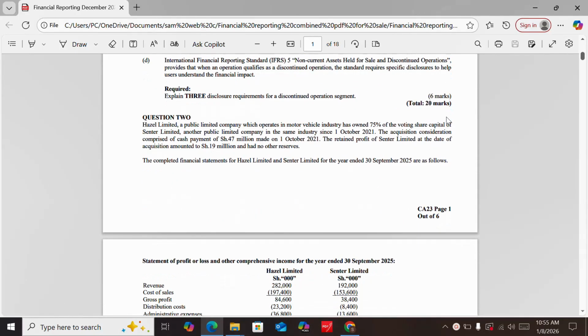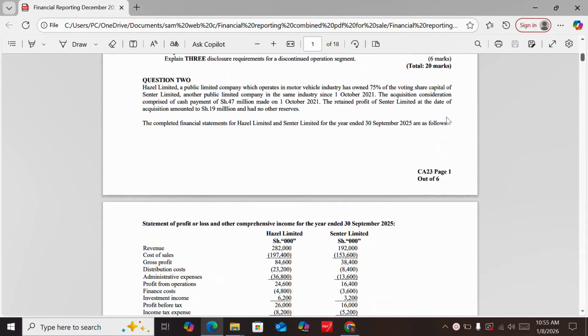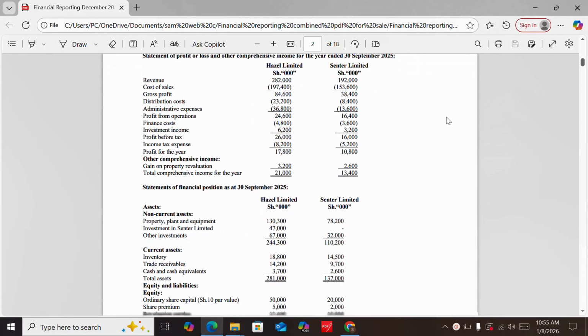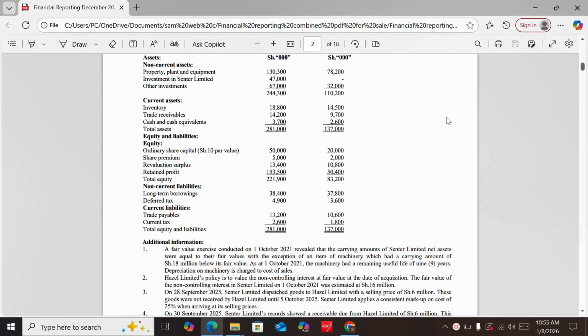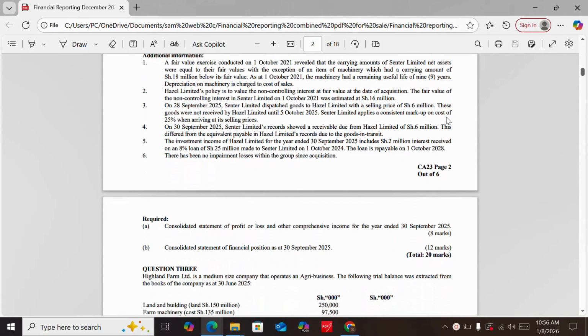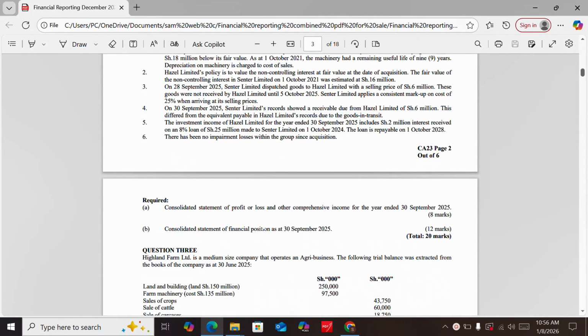And then question 2 was a question on group accounting, which required the student to prepare in Part A, consolidated statement of profit or loss and other comprehensive income for the year ended 30th September 2025,